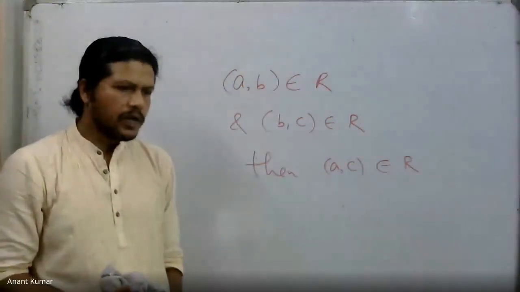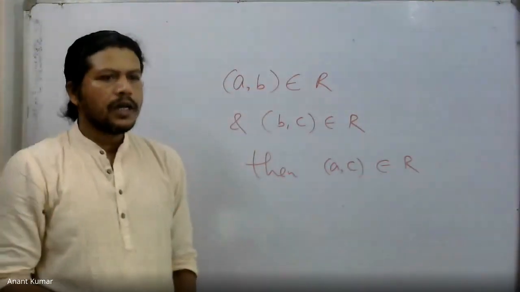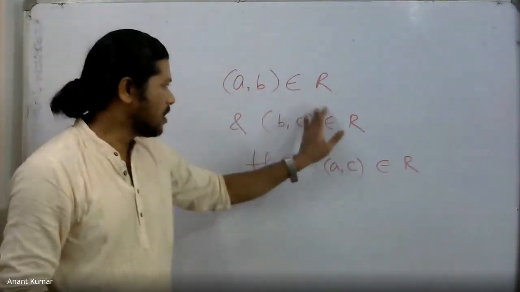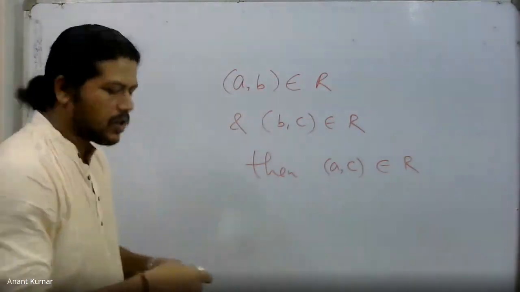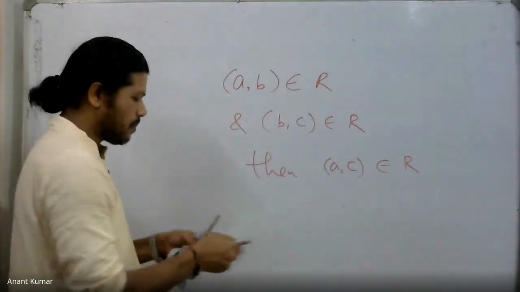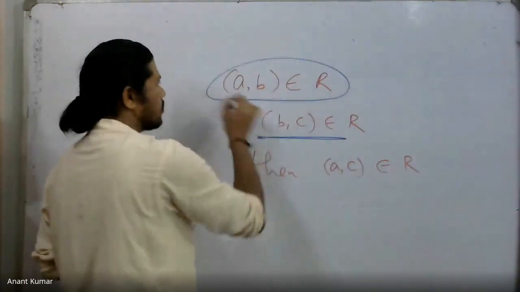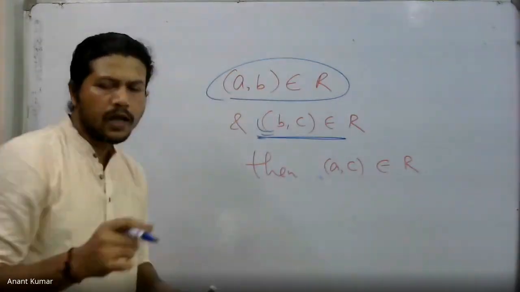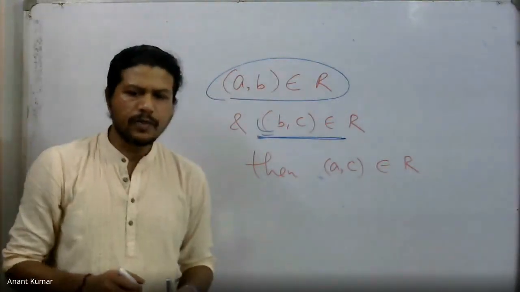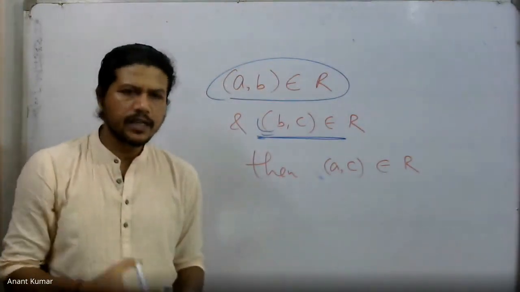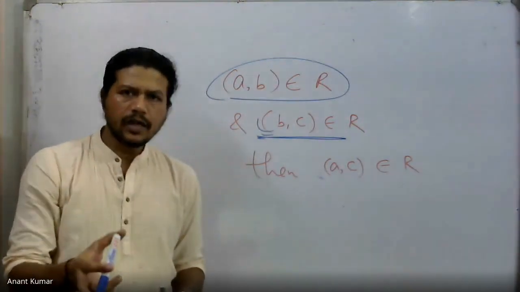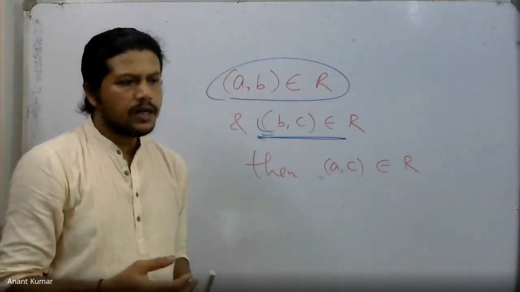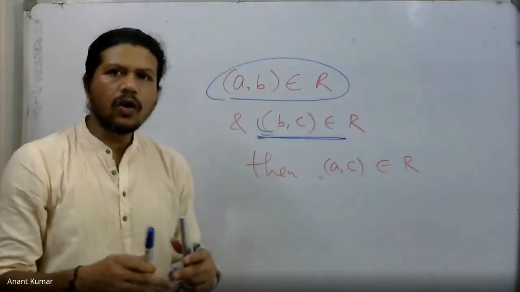Now, some people, or some books, what they do is this: if it happens, for example, that the other pair is simply not present, then this part is simply absent. So we have only one of the pairs over there, and this part is definitely not required. If you have only one pair of elements present, but the other is not there, I do not have C present. I just have A comma B. B comma C is not there, and A comma C is not there. In that case, they call this relation transitive because there is no contradiction to this.